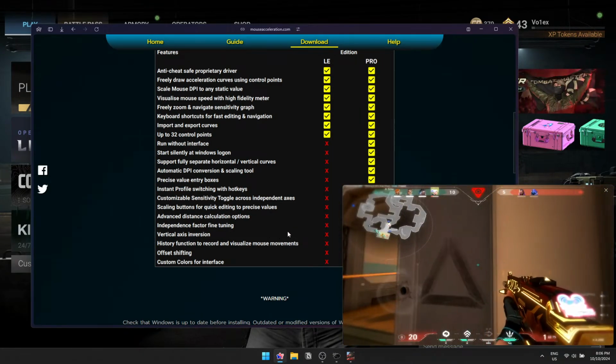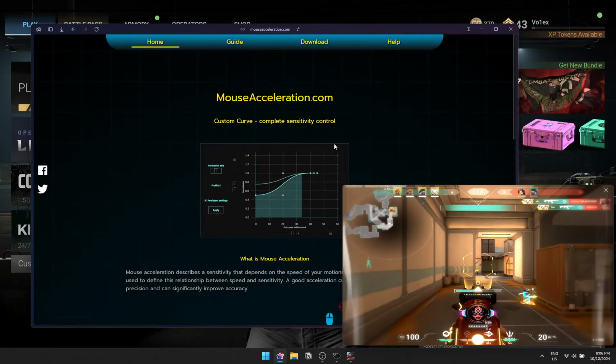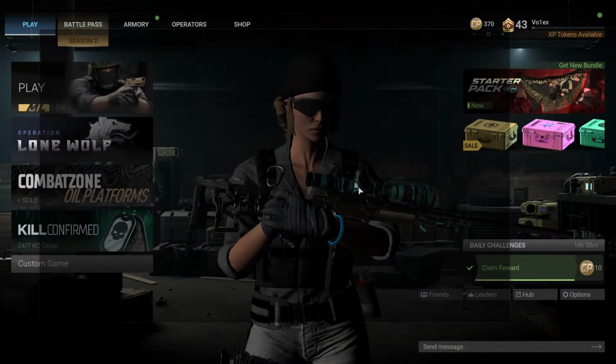So to recap, accel is free and open source, but is limited to its 7 curve types, making it more cumbersome to use. Custom Curve Pro